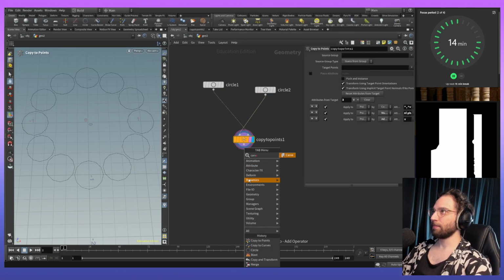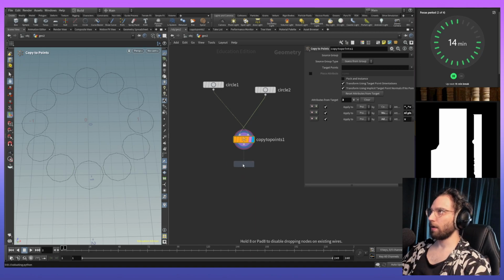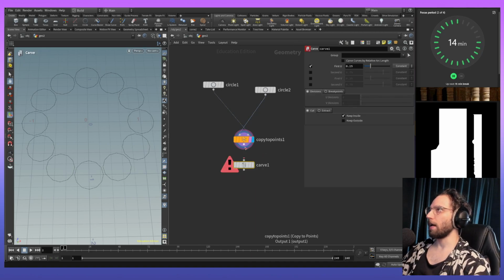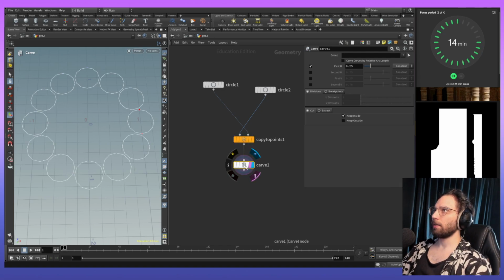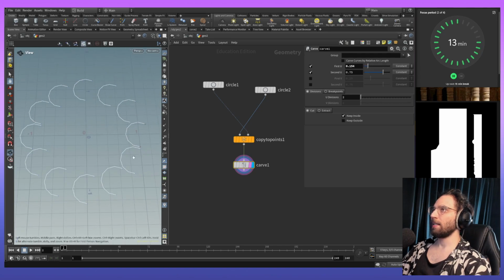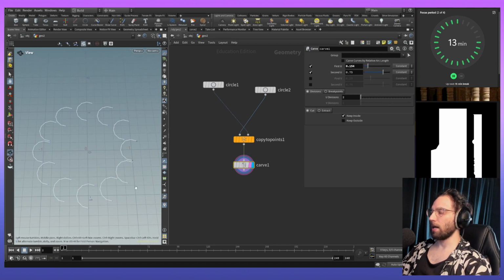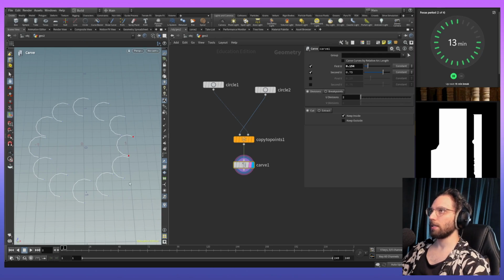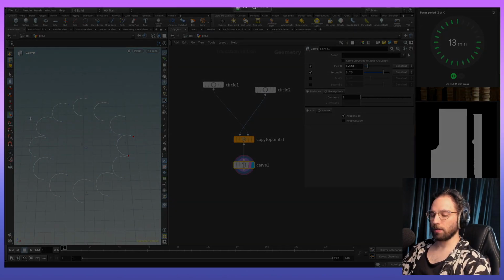Carve, sorry, it is carve. Now let's see how it works together. If we add another point, we see that they are all aligned to one direction and they are all acting in the same way. That is something we didn't want in the last project we worked on, because if we have a screenshot of this,